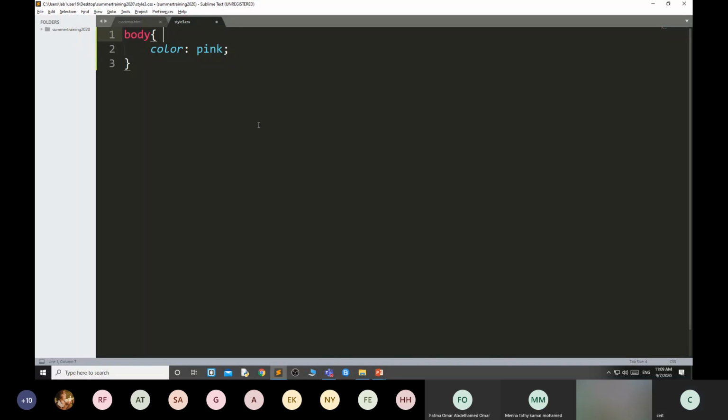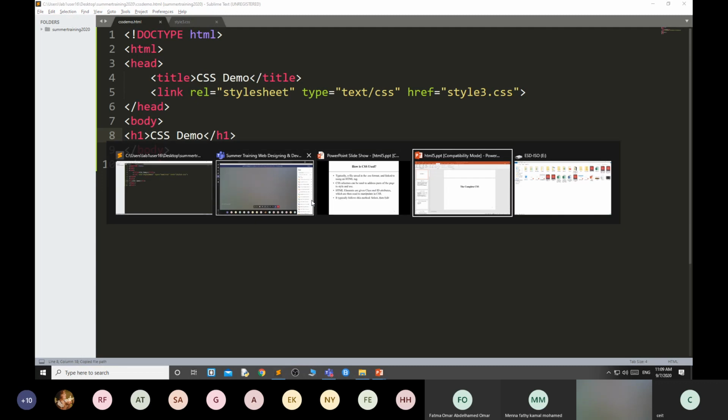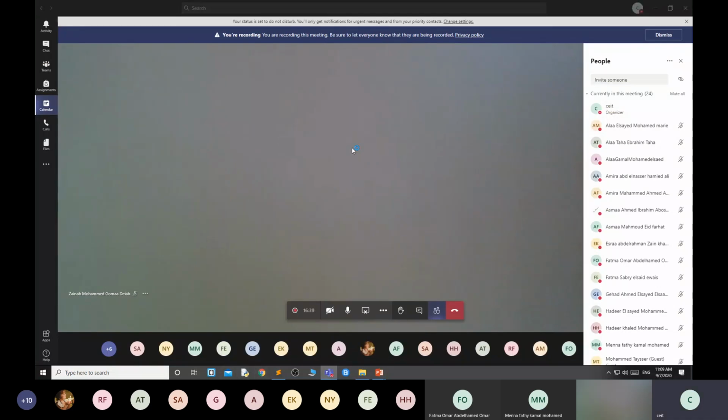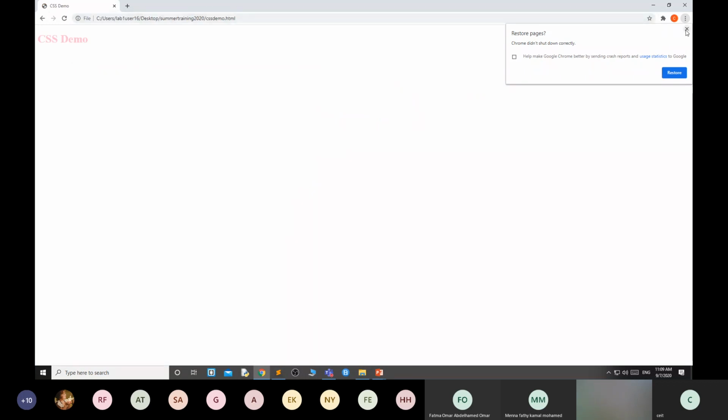Now if I run it, you can see that it gives the color pink because I have used body color. I have not used the background color.